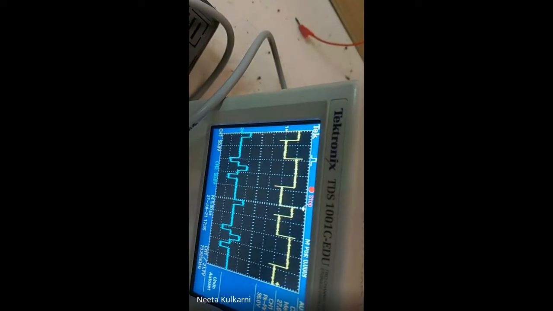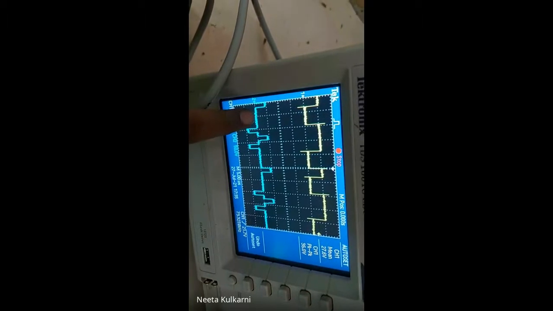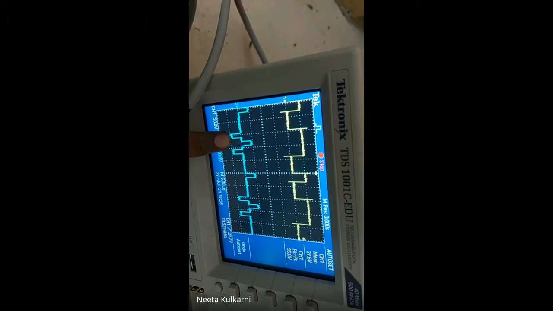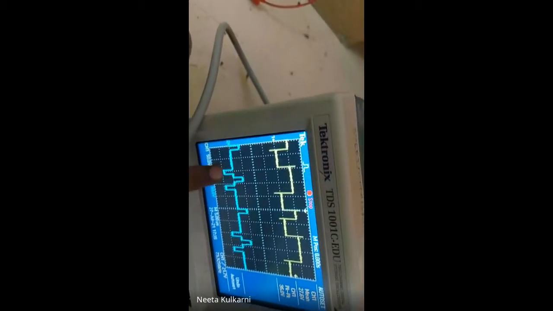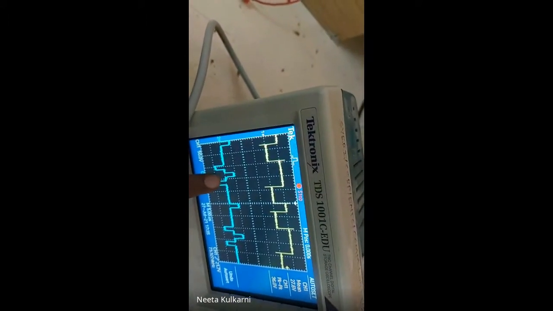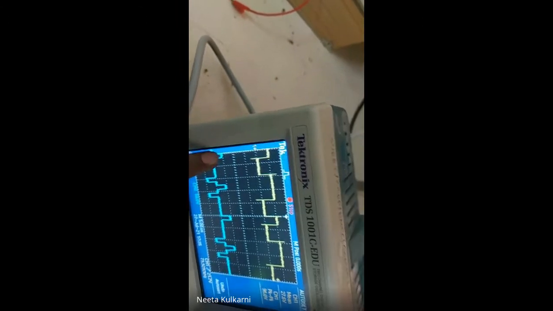What happens in alternate mark inversion? 0 is 0. So here also all the waveforms are given. For 0, input is 0, output is also 0. And for alternate, whenever there is a change in the 1, that is, after a 1 bit occurs, the next 1 is represented in the inversion of the marking. Now look here, this first 1 is positive.